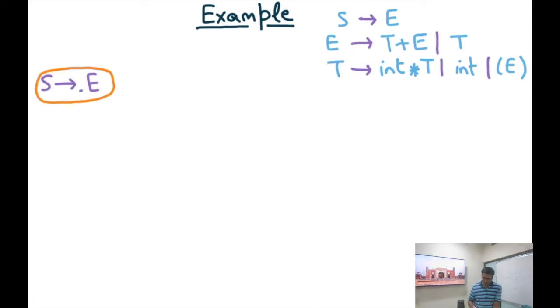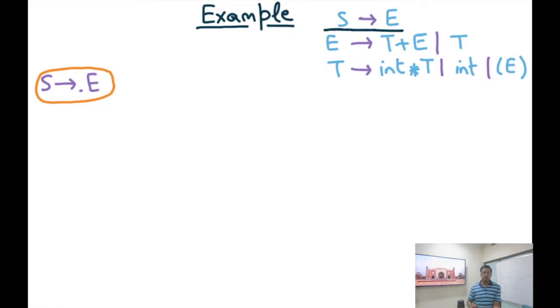I'm using the same example grammar that we have been using so far, which is a grammar of expressions. E produces T plus E or T, T produces int star T or int or parenthesized E. Now, as I discussed, we are adding one extra production here, which is S produces E, and now my new start symbol is S, and hence my initial state is just S produces dot capital E. Right, so this is my initial state, and now I'm going to develop the NFA based on